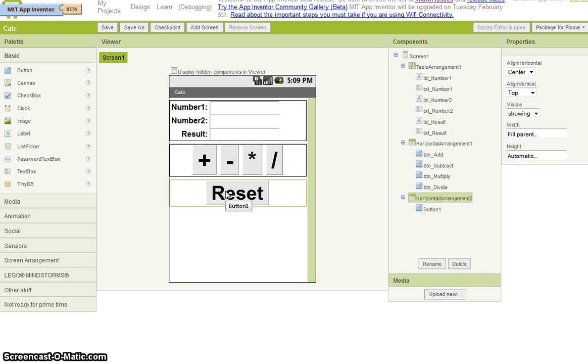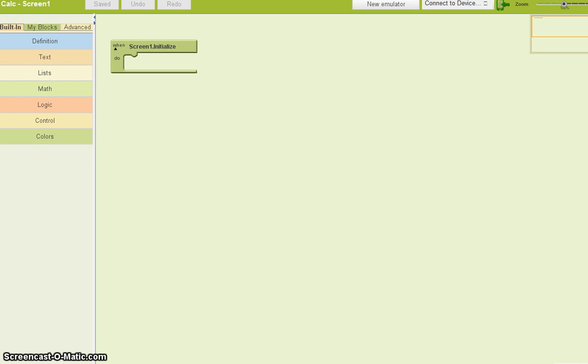At this point, we can't do anything. We need to actually work with the block editor. So here we go. Here's our block editor, and I very conveniently set up a screen initialize. And what I really want to do is I want to make sure that all the text in all the buttons,